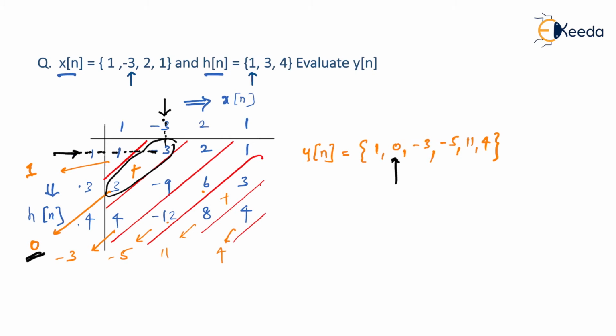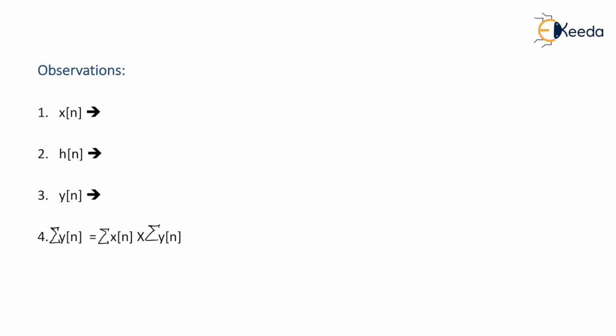So I'm sure now you are quite comfortable with this discrete time convolution. Now some important observations we are going to see in the discrete time convolutions that we have done earlier. For every sequence, you will be having 3 properties. You will see what its lower limit is, what its upper limit is, and also you will see the length of the sequence. So let me talk about it first. You will be looking at three properties.